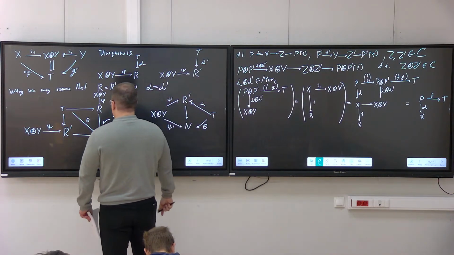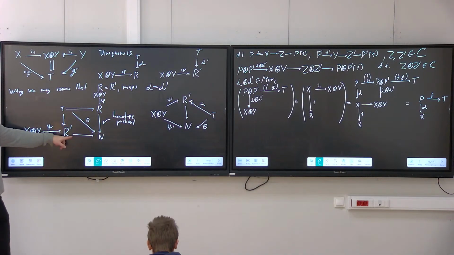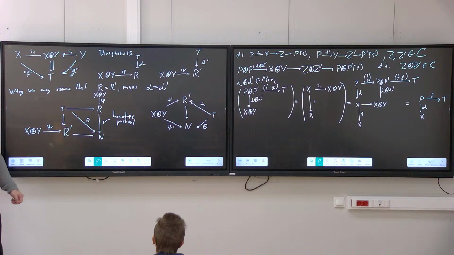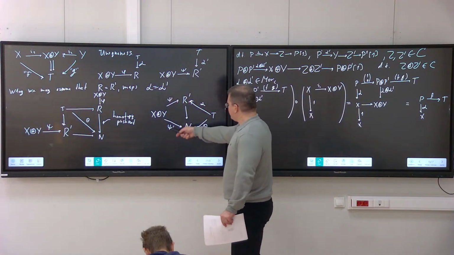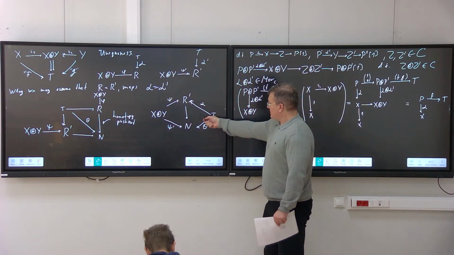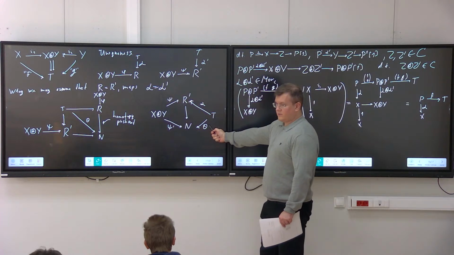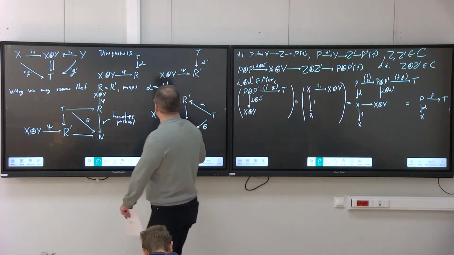And the map from the r prime to the n, well, this is just a map that I have in this diagram by the homotopy push out. I don't give a name to this map. Okay? And why are these two triangles commutative? Well, that is because this triangle is just a definition of theta, right? So with this definition of theta,